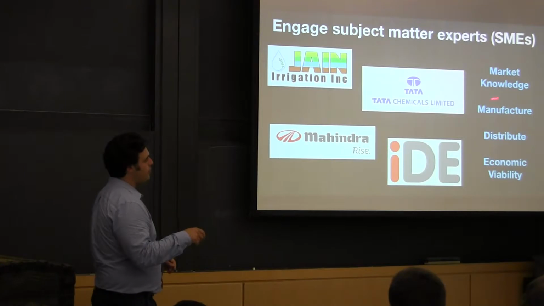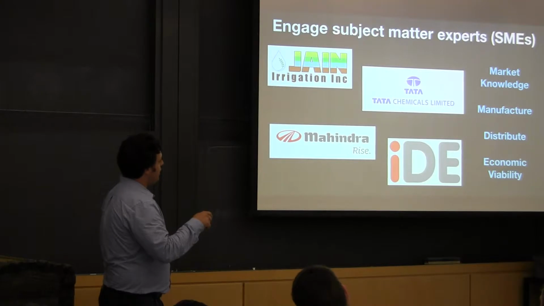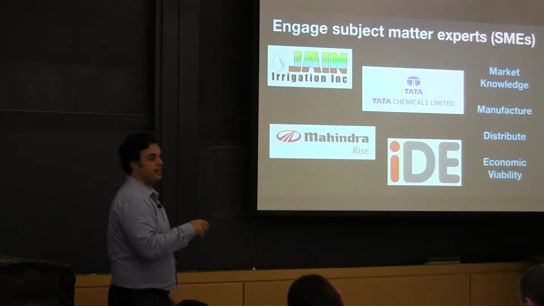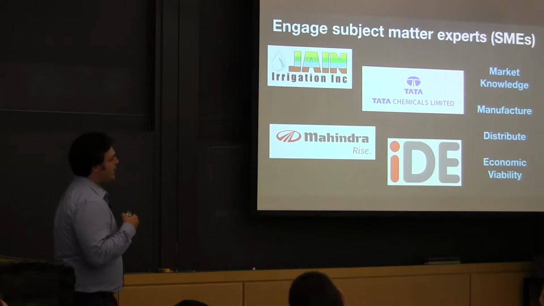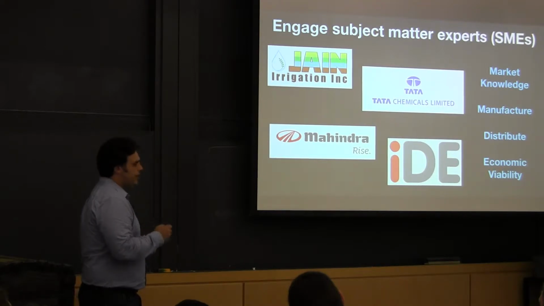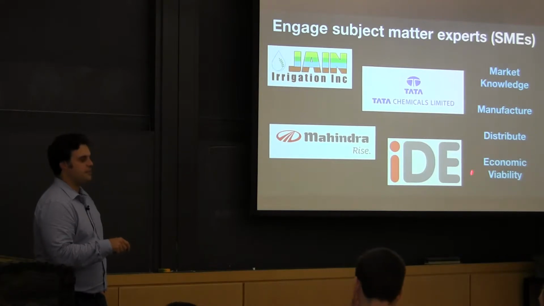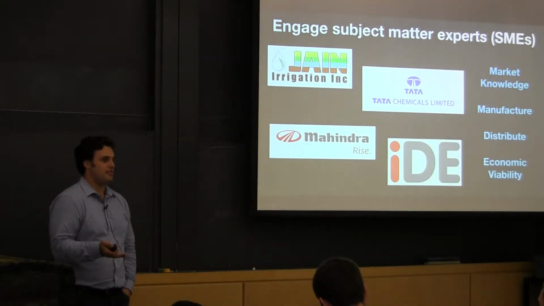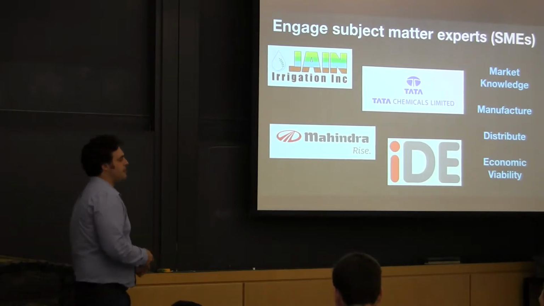These people know how to manufacture, particularly these three. This is a $1 billion a year company. This is a $15 billion a year company, and the Tata Group is over $100 billion a year, right? They know how to make stuff and ship stuff. And in my group, and by and large in this class too, I like working with companies because there's an inherent economic viability that's built into their solutions. Because if they can't sell this stuff, they're not going to make money. They'll go out of business. But if they can sell more stuff and distribute it at a larger scale, they'll make more money. So there's a nice feedback system there.